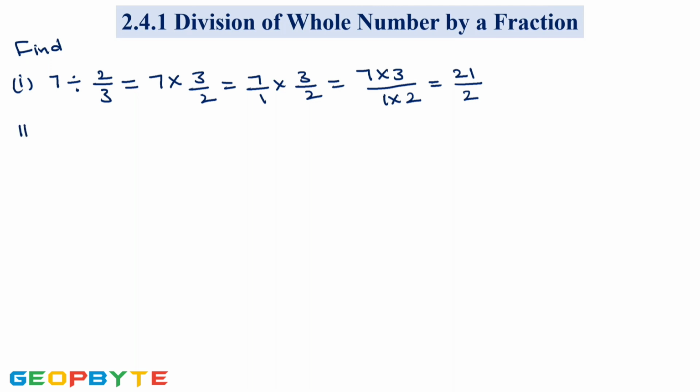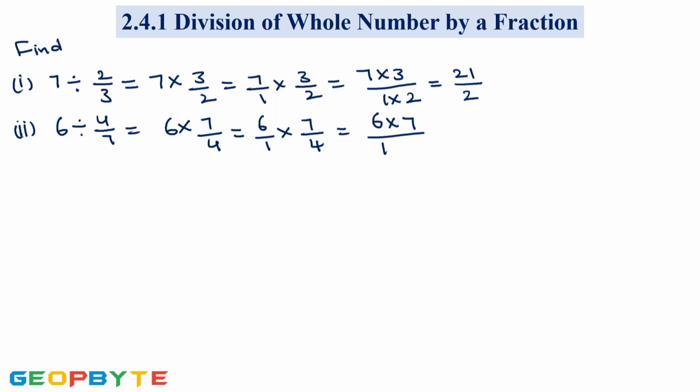Next, 6 divided by 4 by 7, which is equal to 6 into the reciprocal of 4 by 7. The reciprocal of 4 by 7 is 7 by 4, which is equal to 6 by 1 into 7 by 4, which is equal to the product of numerators, that is 6 into 7, by the product of denominators, that is 1 into